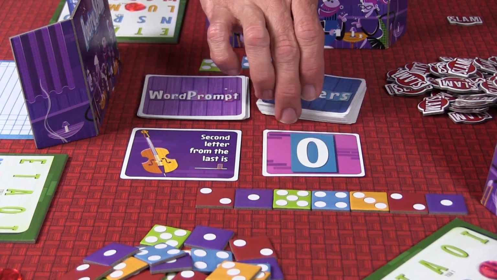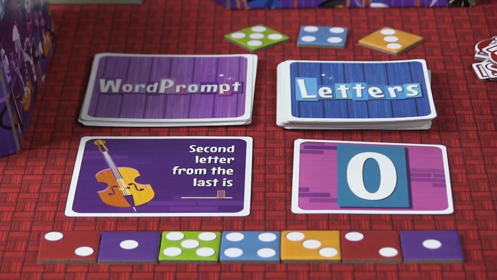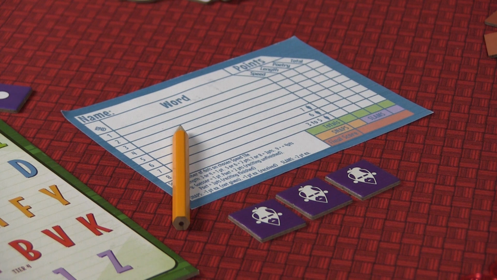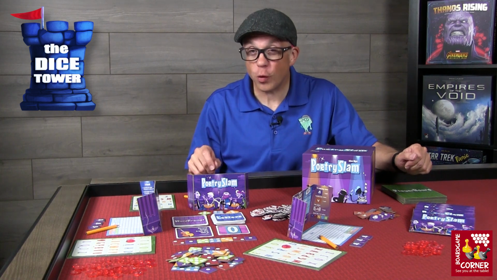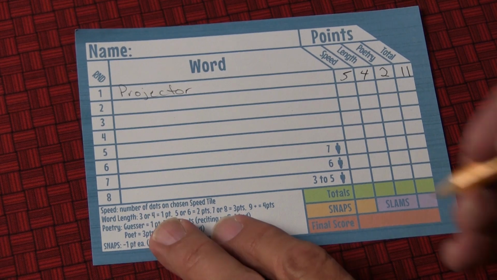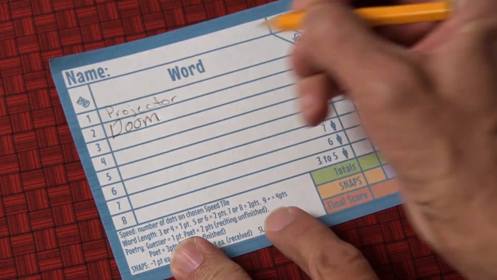Now, these word prompt cards do various things. In this example, we're going to look at the second letter from the last is O, and then everyone creates a word based on that. All players will be frantically trying to create a word based on the criteria the cards have set. Then once you do, you quickly write it on your score sheet on the row for whatever round the game is in. Now, the thing is, once you complete that word, you grab a speed tile,